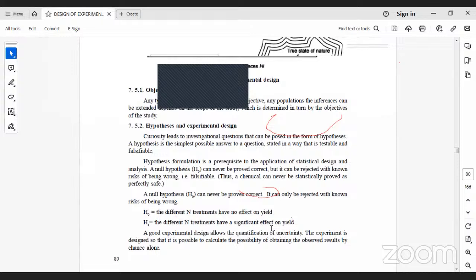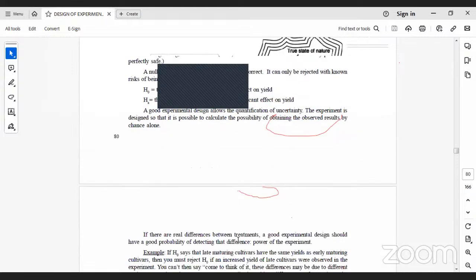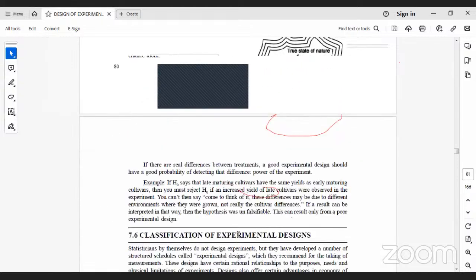We are taking here a good experimental design for the quantification of uncertainty. The experimental design addresses the possibility of obtaining the observed results by chance alone. If there are real differences between treatments, a good experimental design should have a good probability of detecting the difference. This is the power of the experiment. If H0 says that late maturing cultivars have the same yields as early maturing cultivars,